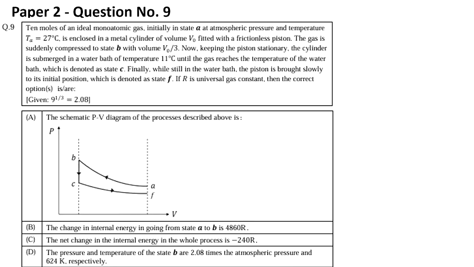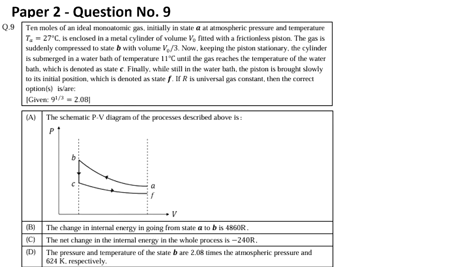So sudden compression means adiabatic process, definitely. So process A to B must be an adiabatic process, and the volume becomes V0 by 3. Now keeping the piston stationary, the cylinder is submerged in a water bath of temperature 11 degrees Celsius until the gas reaches the temperature of the water bath, which is denoted as state C. Okay, then with this constant volume, that must be an